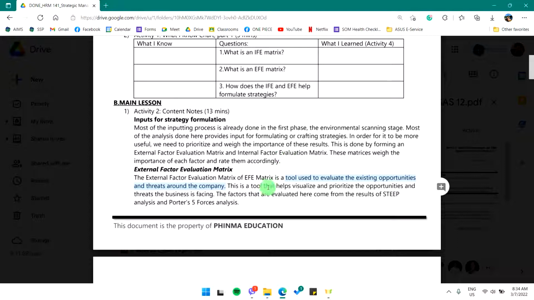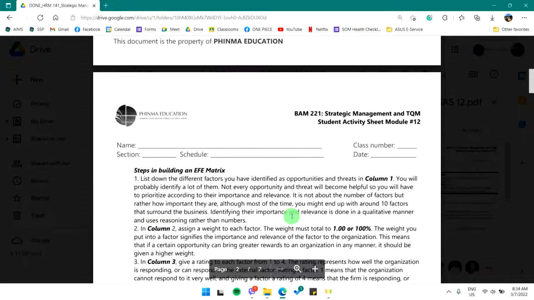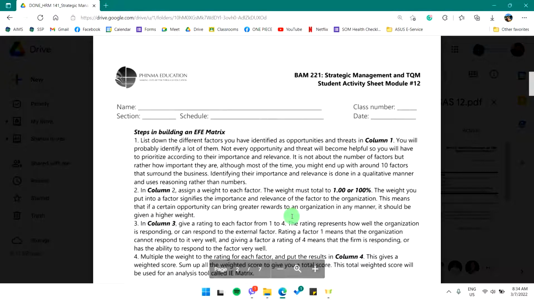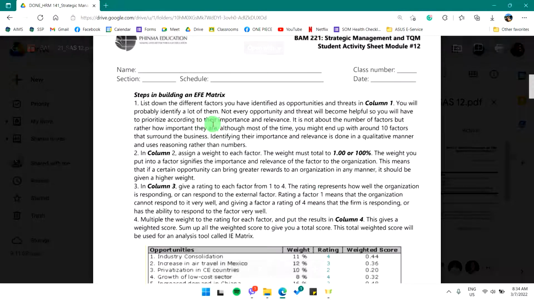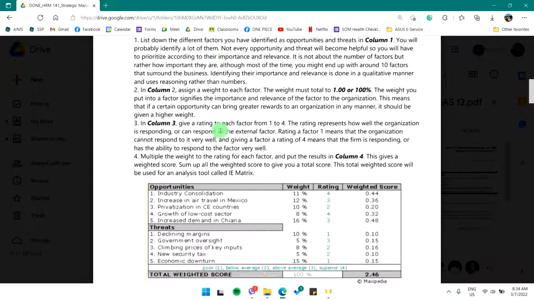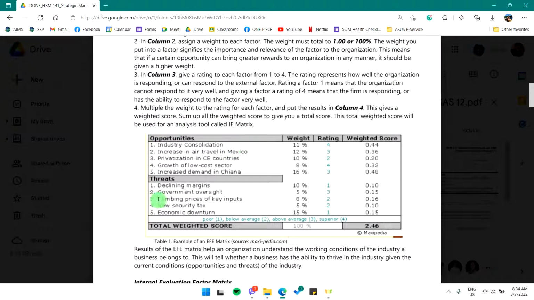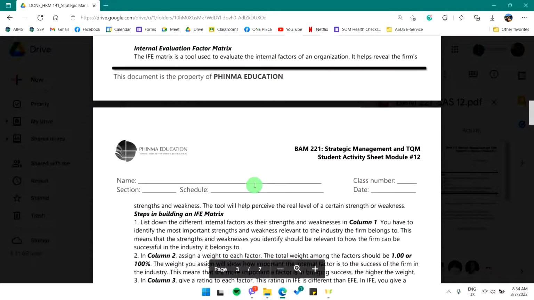So the factors here in this EFE matrix came from the results of the STEEP analysis and Porter's 5 forces analysis, since these analyses are done for our external environment. Ayan, may steps naman dito on how to build an EFE matrix, no? Pero diretso na ako dito sa ating table. Dito na ako mag-explain ng step-by-step process natin